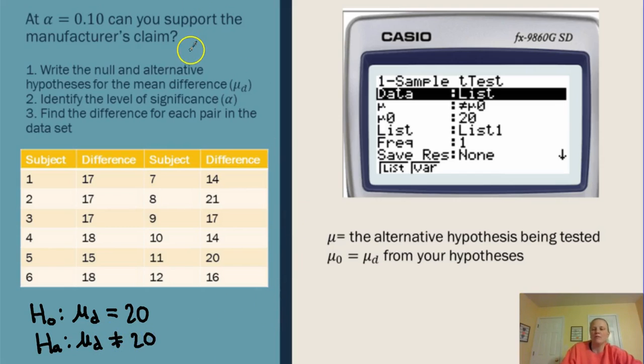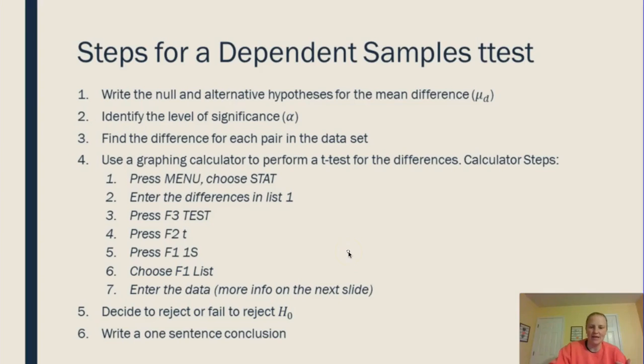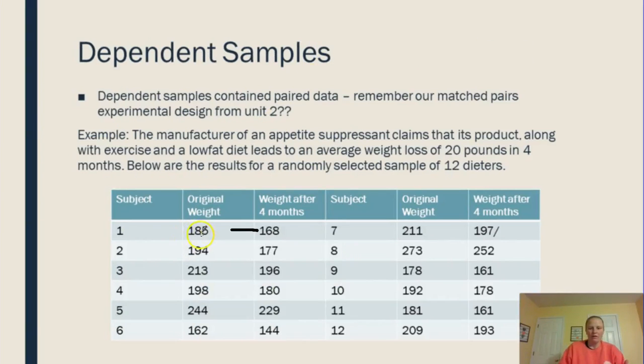If the problem said, can we say that their weight loss is less than or their weight loss is greater than, then we would put that here in our alternative hypothesis. But because it doesn't specify, we just say not equal. All right, now I went through and did all of the differences for you. So where these numbers came from is by taking their original weight